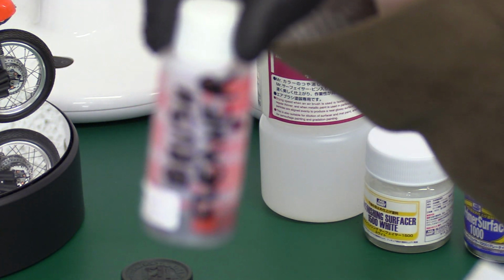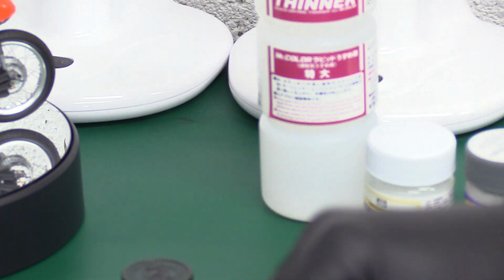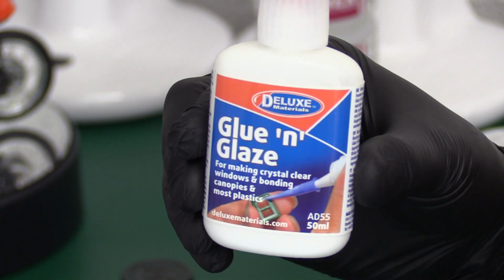I'm using an old Microsol container just to be a bottle. It's very dirty, as you can see. Disgraceful. And the other product that they do, which I quite like, is glue and glaze, and this